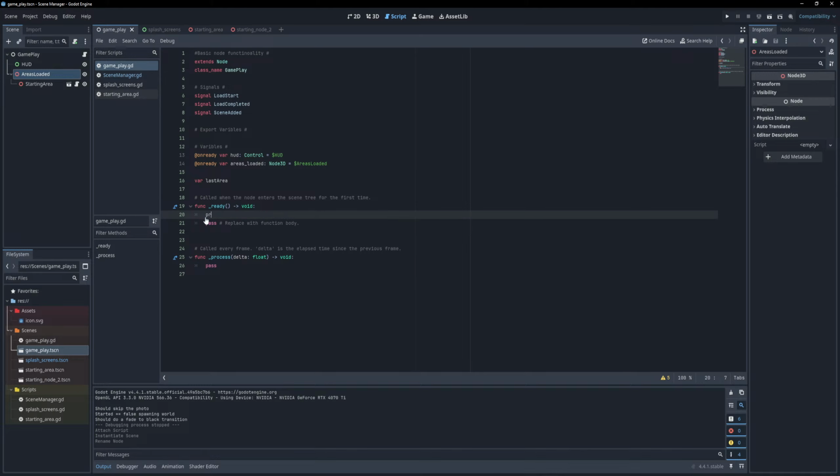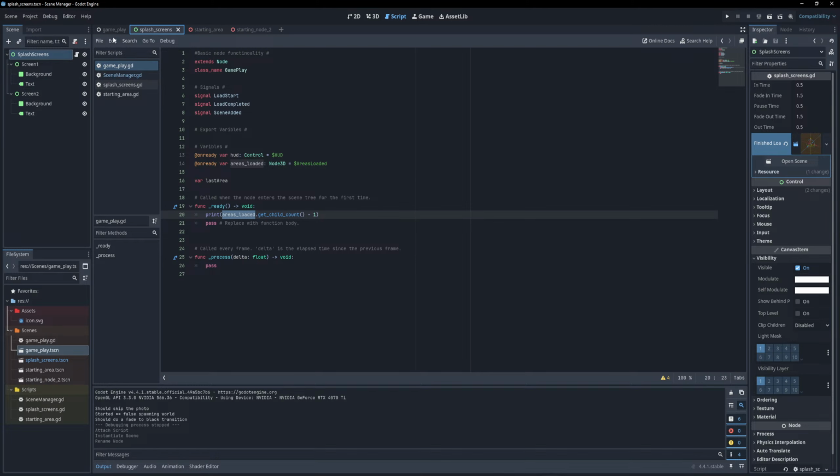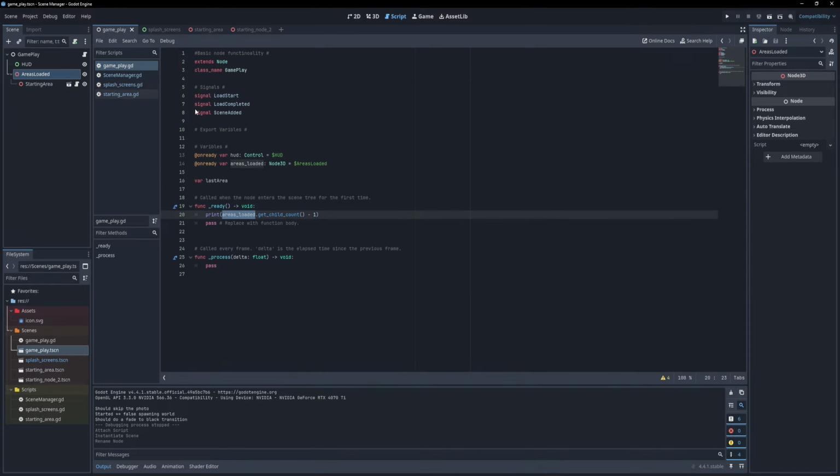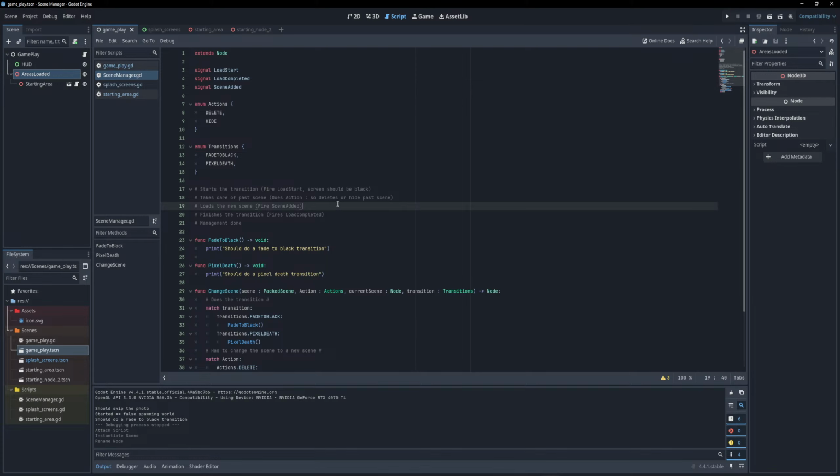Right? So if I do here, I'm just gonna print this out for now. Because that is technically a dictionary. Not dictionary, a table? Array. It's an array. So I could use this as an array, which is exactly how I do the splash screen, right? Splash screen I do an array as well. I grab it, which is just self get children, and it just gives me all of them. So I do the same thing, huh? It's the same exact thing. Anyways,